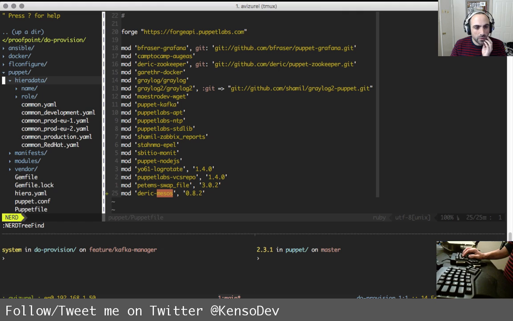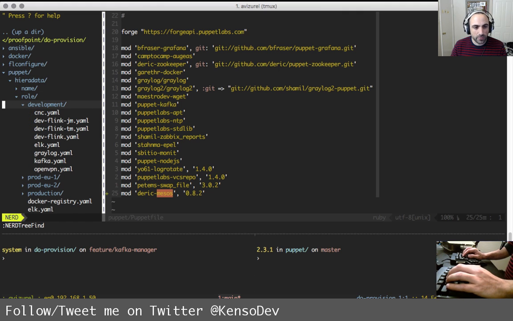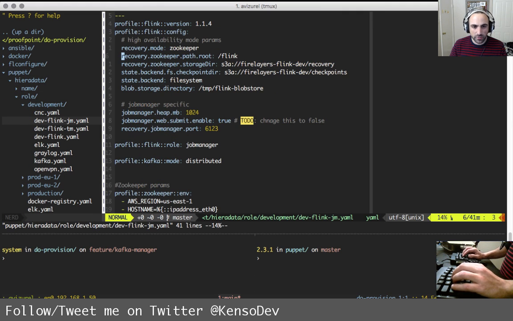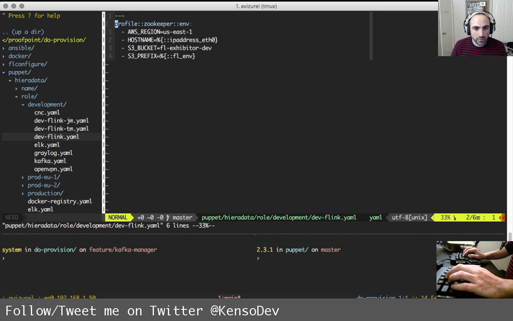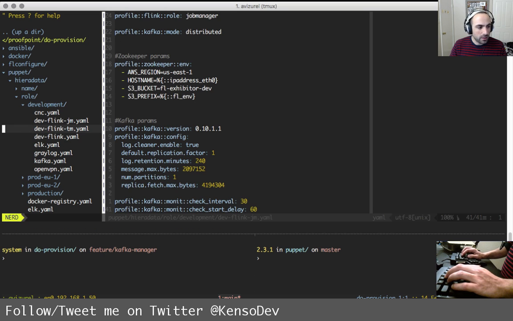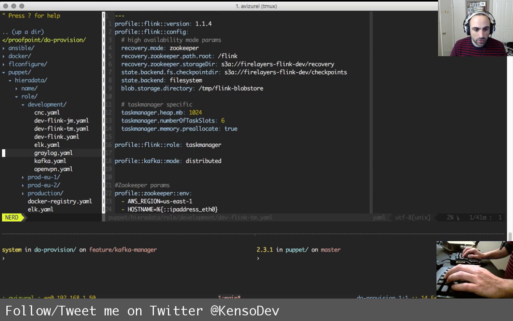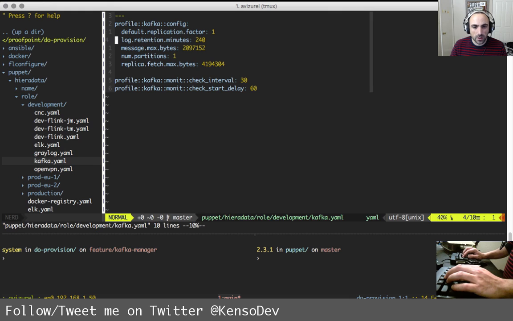So this, and then role development, and then dev flink job manager, and then dev flink task manager, and then Kafka.